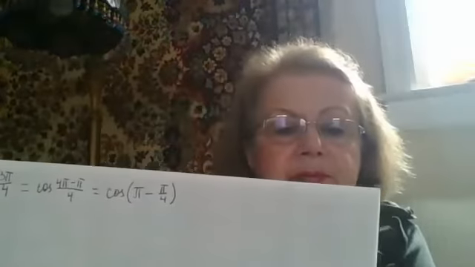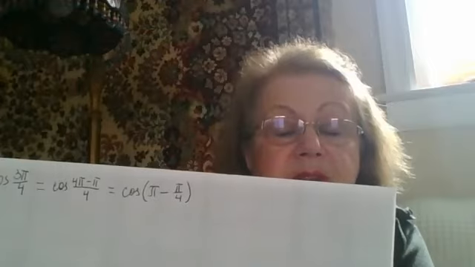Now, second, I'm not going to verbally explain. I will show this on the paper. So 3 pi, can I write it down like 4 pi minus 1 pi? Yes. And I'm going to simplify cosine 4 pi over 4, it will be pi, minus pi over 4. Okay. So what I'm going to do, I'm going to use that rule.